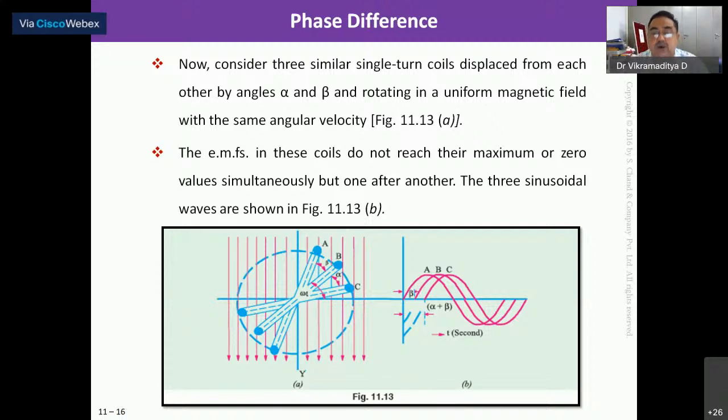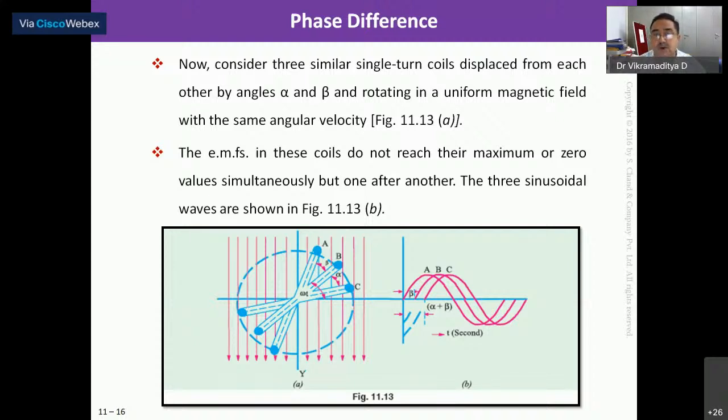Is it clear? And now if I want to know what is the phase difference between B and A, then it is nothing but beta minus 0, beta. Similarly, between C and A, it is alpha plus beta minus 0, alpha plus beta. So in this way, we can find out the phase difference between